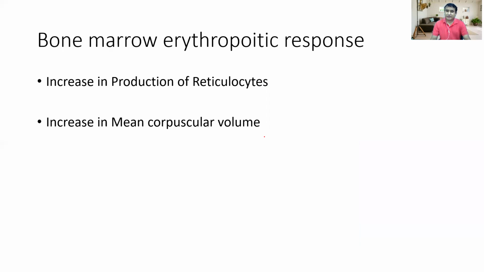And if we assess the mean corpuscular volume, then it will be increased, because when you are measuring, it is not detecting the size of the RBCs, it is detecting the size of the reticulocytes, and definitely the size of the reticulocyte is larger than that of the normal RBC. So MCV is increased. This characteristic of hemolytic anemia can make us confused. Oh, it may be a case of vitamin B12 deficiency or megaloblastic anemia, like that. Okay, but it's not like that. You have to think in a holistic manner.